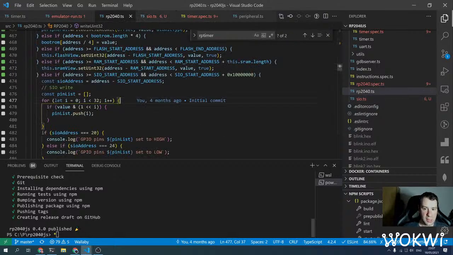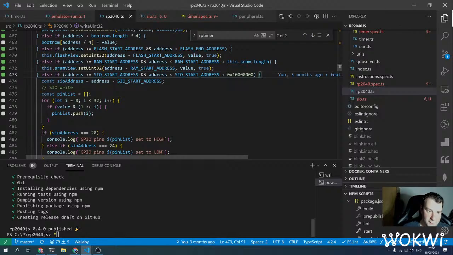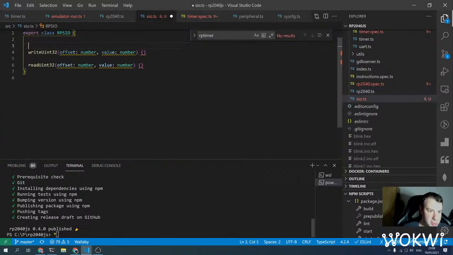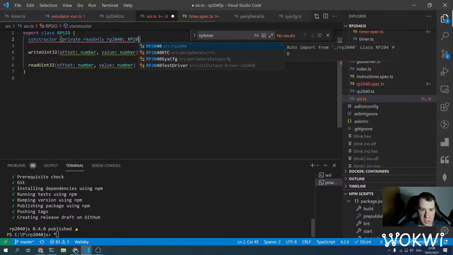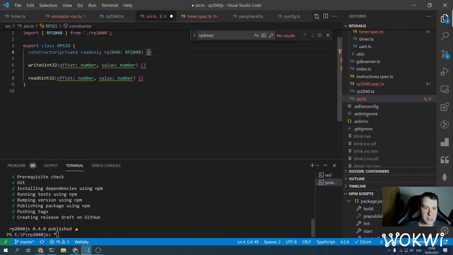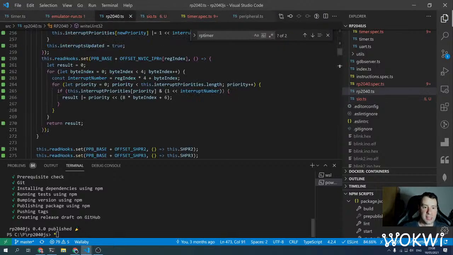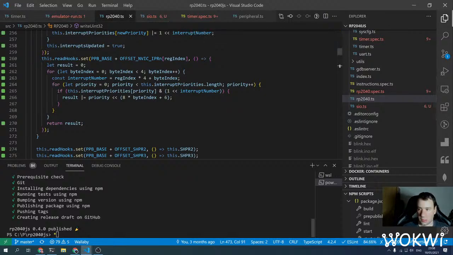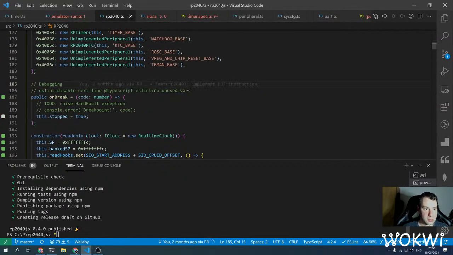So let's have it refer to the constructor, private readonly for the RP2040 instance. Right, and now we can say